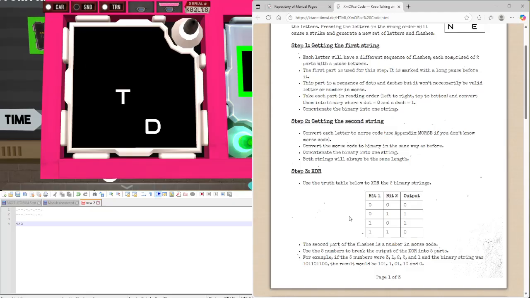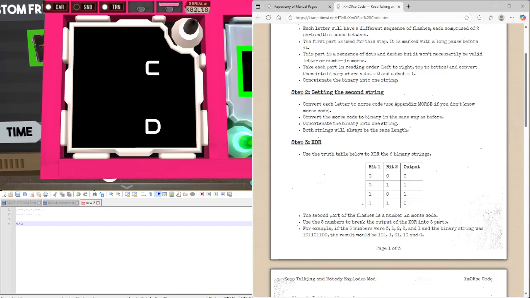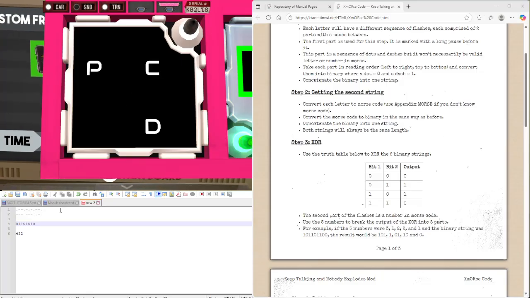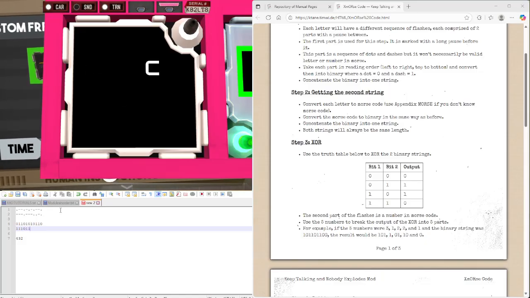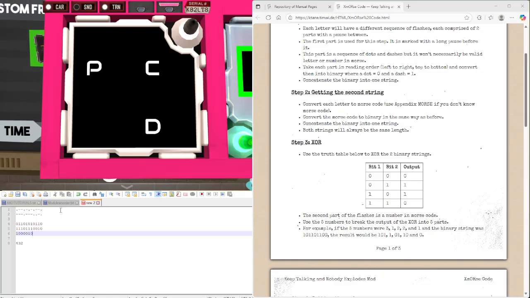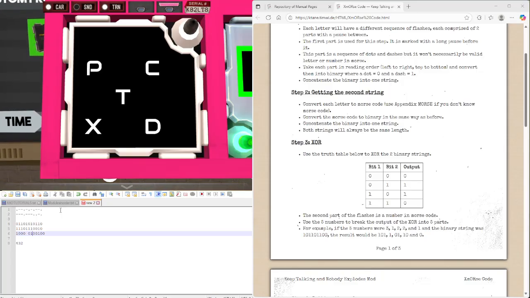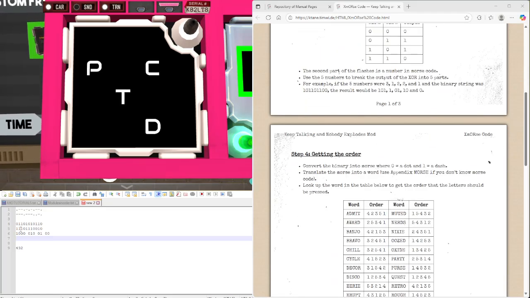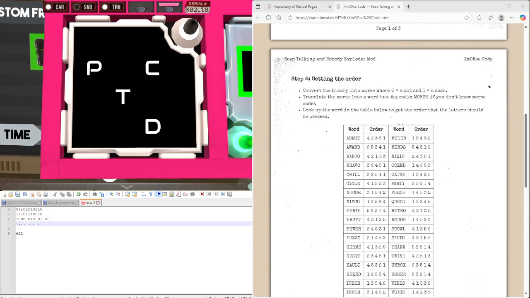So now, XORing it, we get basically like this. That gives us